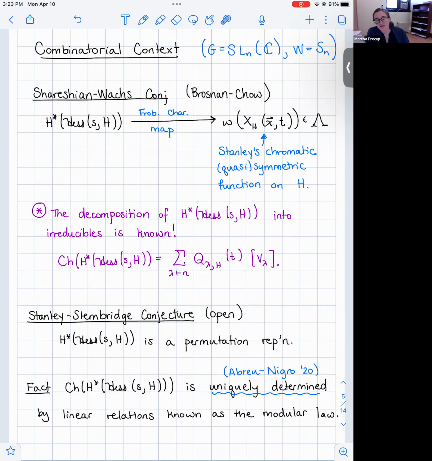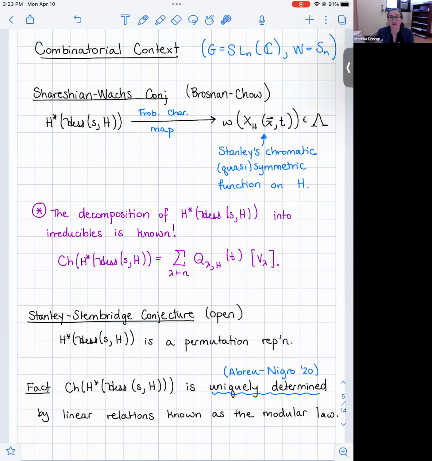So what is this representation and how do you compute it? I mean, really those two questions can be thought of as the motivation for this talk. And actually quite a lot is known in this SLN setting that I was already telling you about. So in the type A situation, we have a lot of combinatorics at our disposal to study this